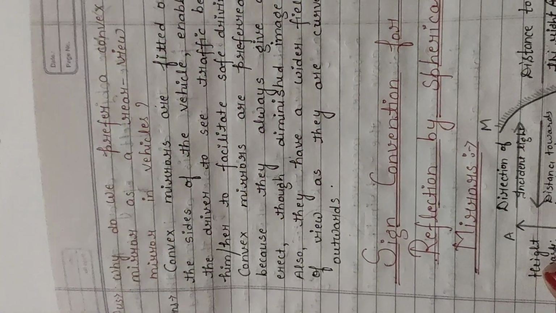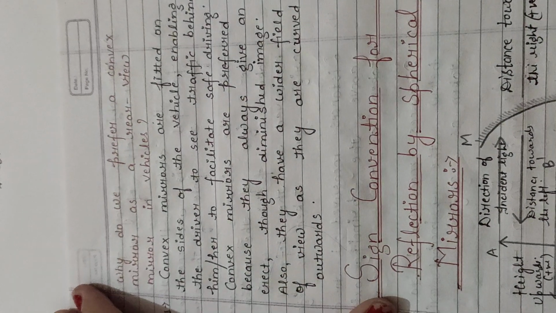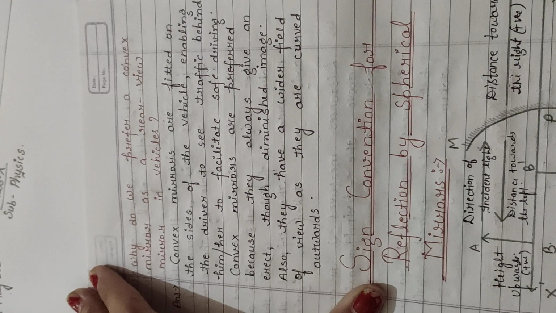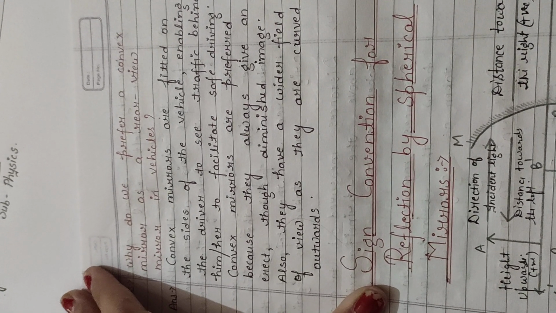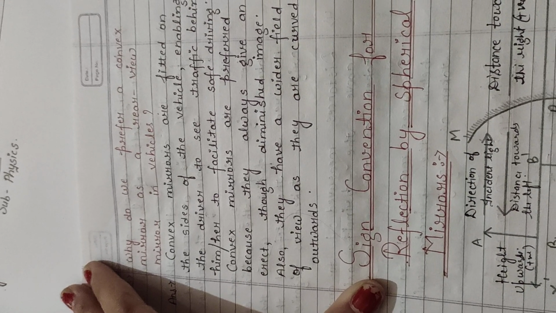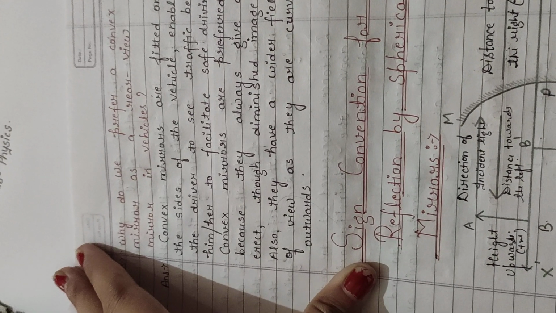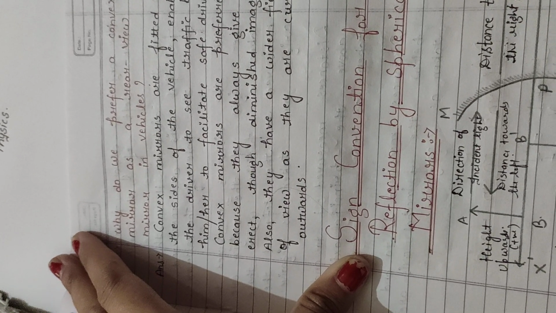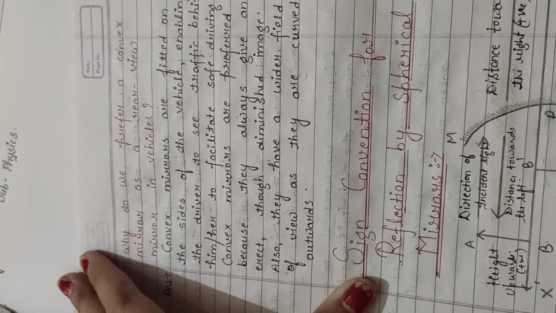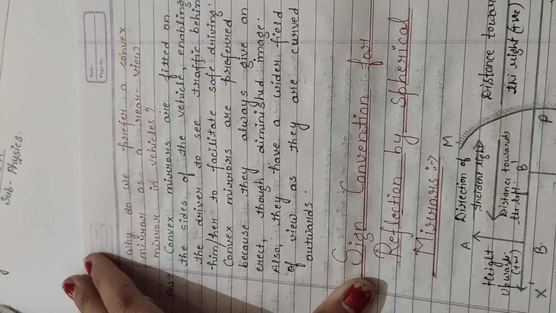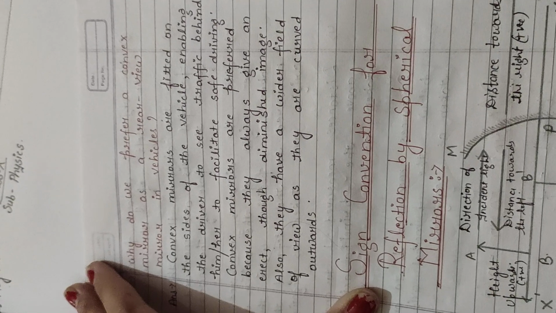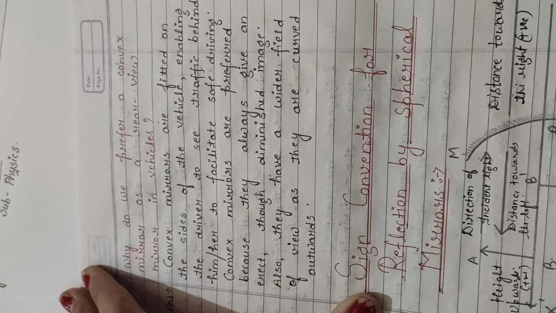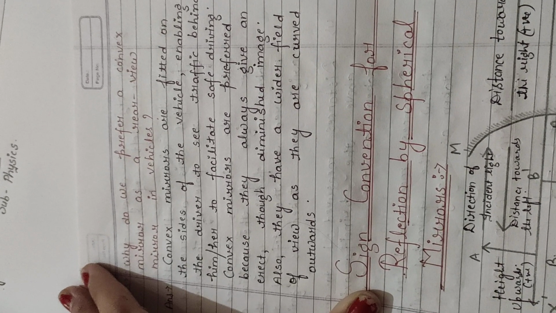So why do we prefer a convex mirror? Because a convex mirror gives an erect and diminished image. The thing is that it provides a diminished and erect image. That means if the object is larger and it is behind your vehicle, the smaller image of that object can be seen in a convex mirror only. It is only possible with the convex mirror that you can see the erect image, because this is the important point. You can see the erect and diminished image of that object. That's why convex mirrors are preferred over there.